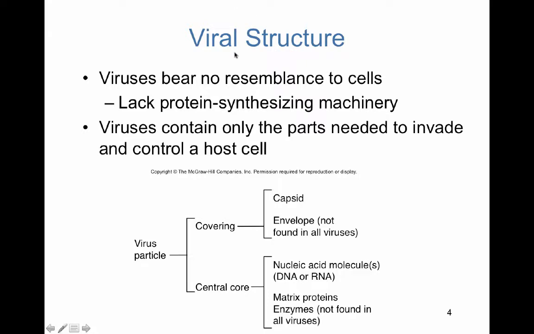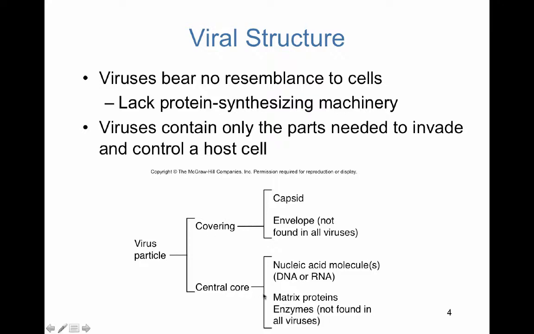So as far as other accessory structures that you would find within typical viruses. Now remember, what did I say that every virus must have? At least that protein coat and the nucleic acid or the genome, right? Also on the cover, you may find an envelope. So this is very similar to a cell membrane, phospholipid bilayer that you would find within eukaryotic cells and all prokaryotes.